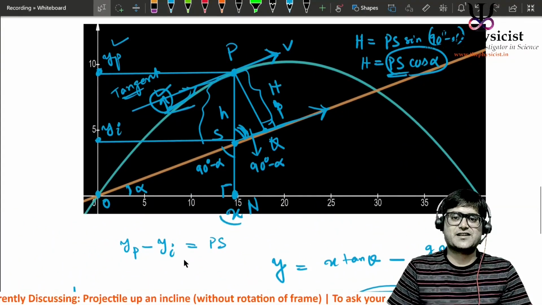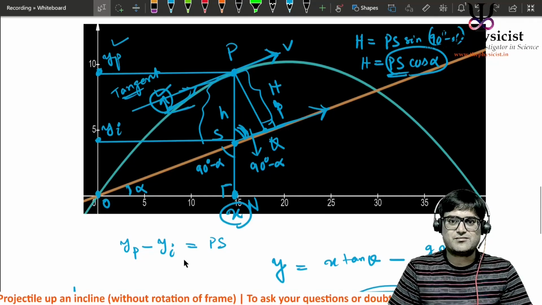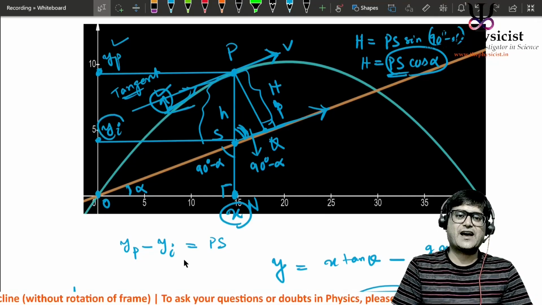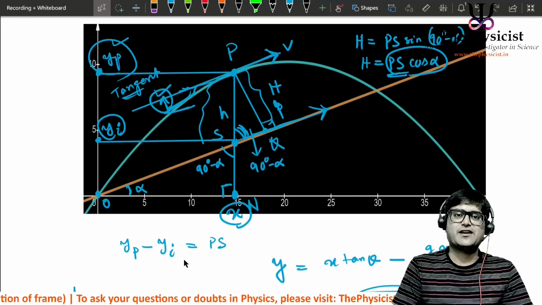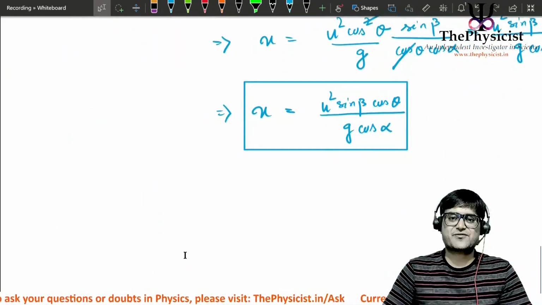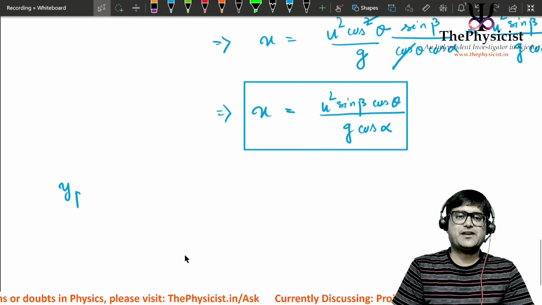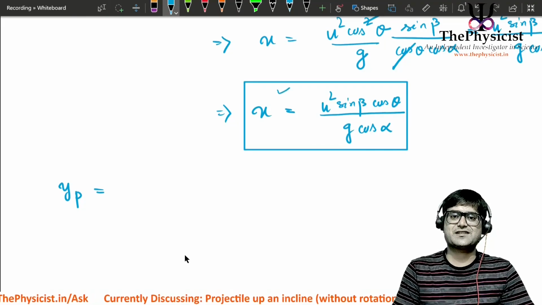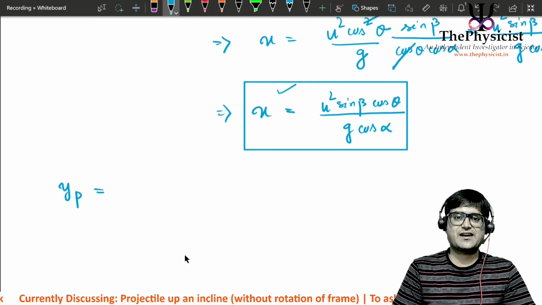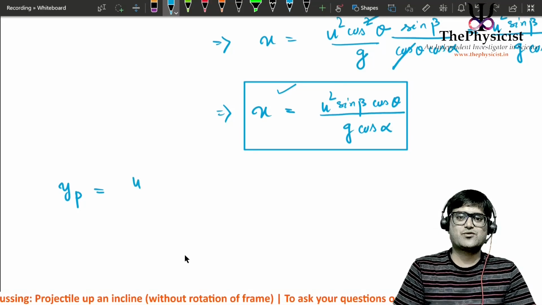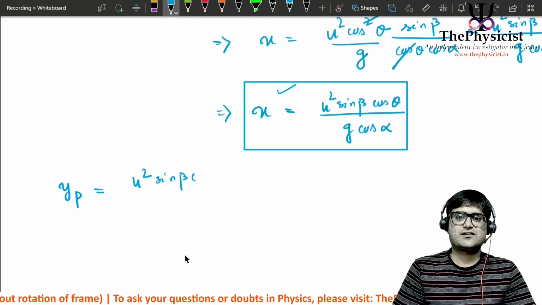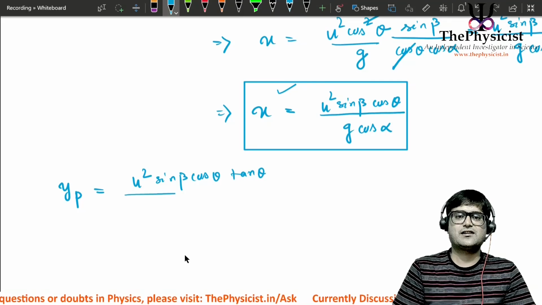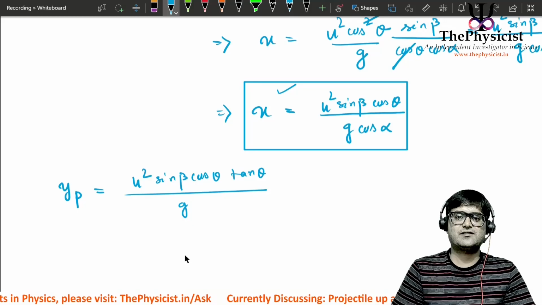This is the value of x that we have gotten, right? So from that value of x, we can find yi and we can find yp. So how would you find yp? First of all, let's find yp. So yp will be the projectile equation where the value of x is this, right? So it is again going to be x tan theta. So it's going to be u squared sine beta cos theta tan theta divided by g cos alpha